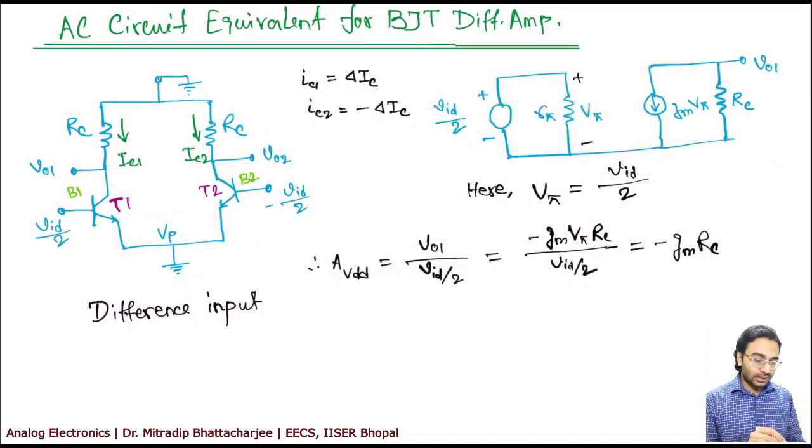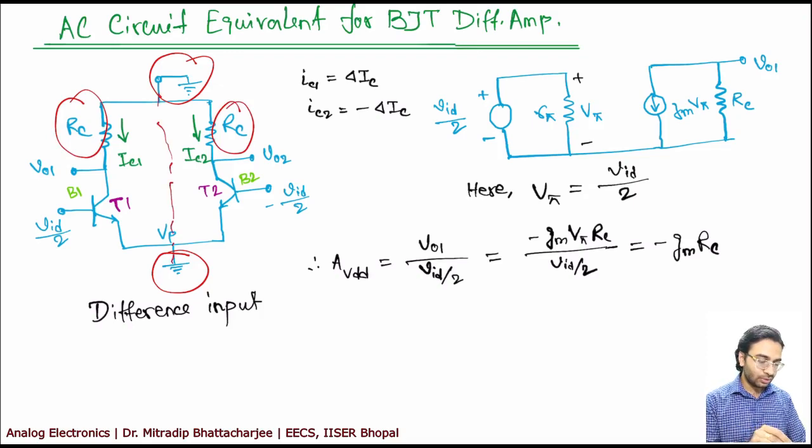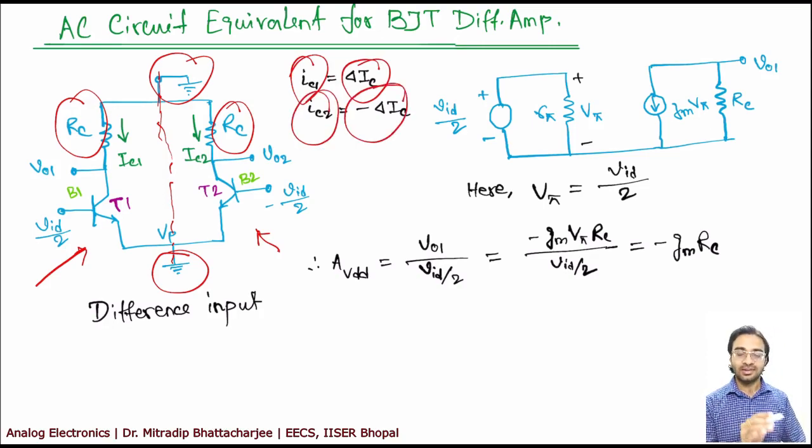So in the AC equivalent circuit, what you do is remove your DC part, right? So your DC bias is grounded, and you have RC on both sides, so it's a symmetric circuit, right? In a symmetric circuit, whatever change happens to IC on the left-hand side, the opposite change will happen on the right-hand side, and that's why I have written IC1 is equal to delta IC and IC2 equal to minus delta IC. The same change should happen on the other side as well.